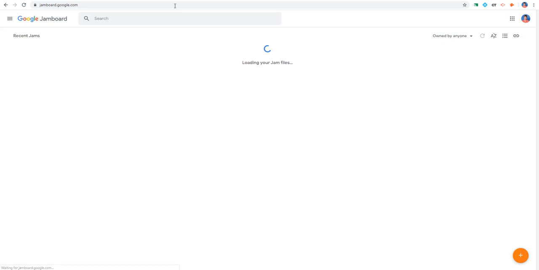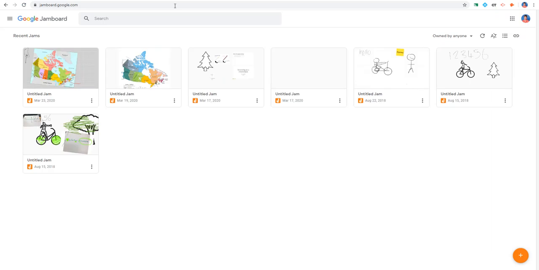jamboard.google.com. Now, if you get to this point and it says that this service is not enabled, or that you're not allowed access to this service, you're going to have to talk to your G Suite administrator or your district administrator to get that service turned on. It's turned off by default and there's no charge, but it is something that does need to be enabled within